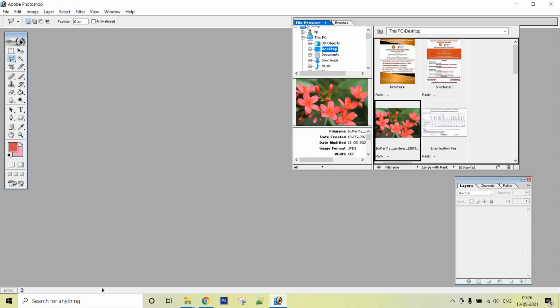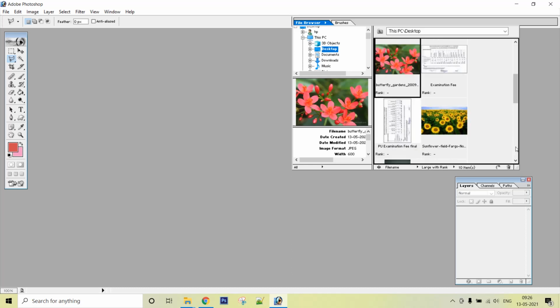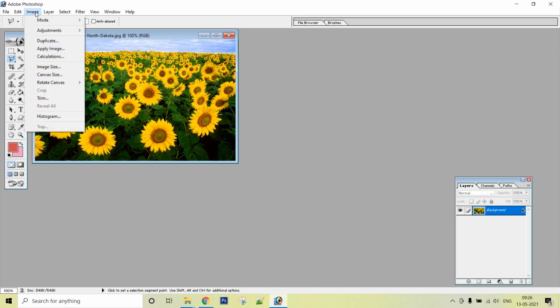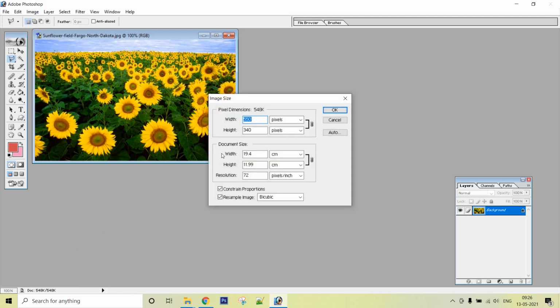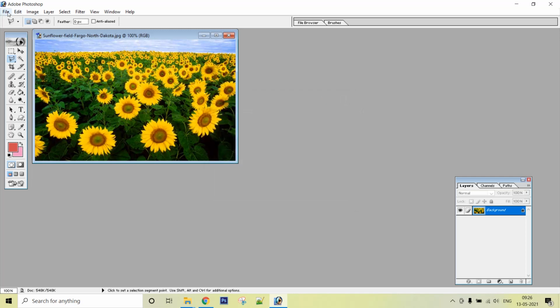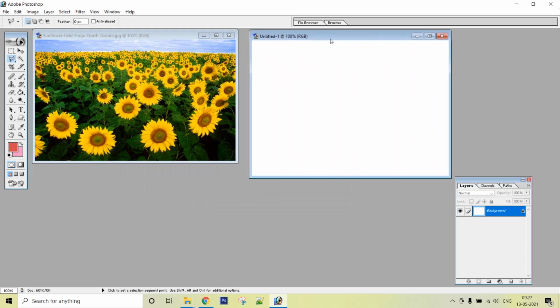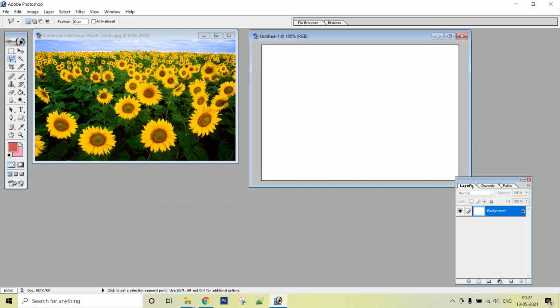So let us do all this work with an example. Suppose I have this image with me of different flowers. Let me see the size of this image, it is 550 by 340. So I will create another blank image with 540 by 380 pixels. It will be created here. I just move here to show you the work that I am doing in this particular image. So here is a set of flowers with us.